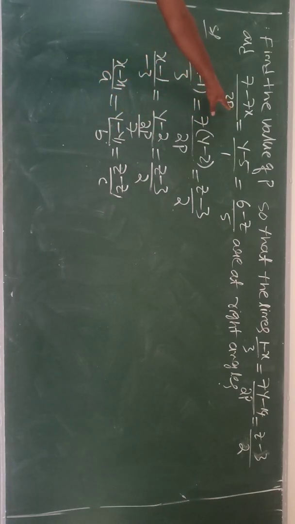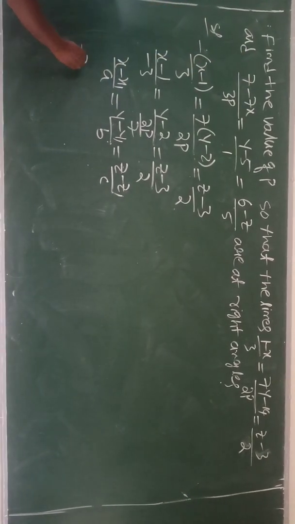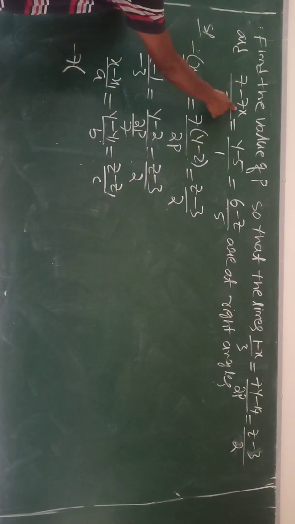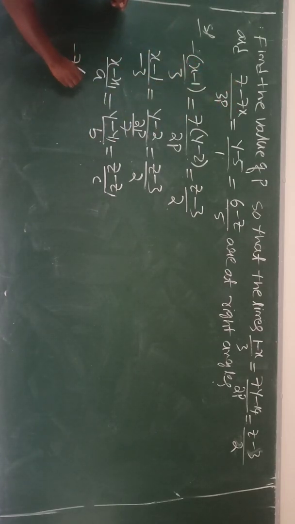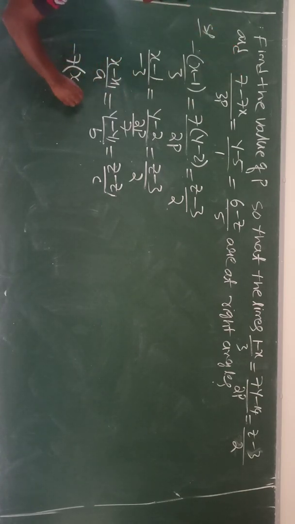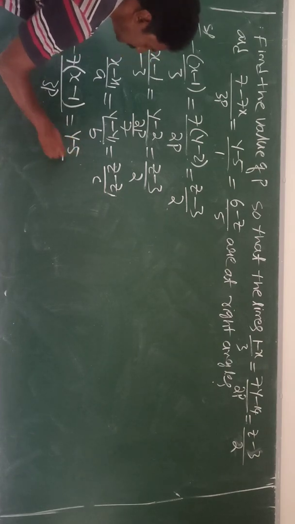We have one more line, so do the same thing for this line also. Tell me how much is to be removed, students? Minus 7. Remove minus 7 from that term. If I remove minus 7 from this term, minus 7x becomes plus x, and plus 7 becomes minus 1 by 3p. If you have doubt, multiply and cross check: minus into minus, plus 7 by 3p. So (y minus 5) by 1.